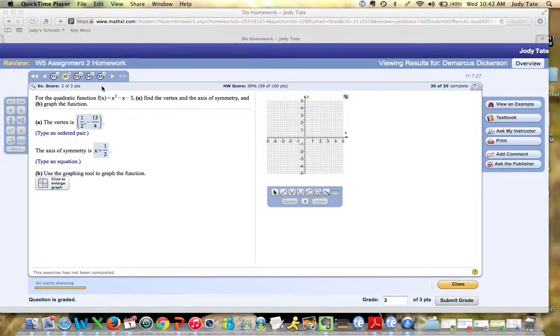With this function, if x is 0, we plug in 0 for every x, and we get f of 0 is equal to 0 squared minus 0 minus 3. So f of 0, our function at 0, is equal to negative 3. That means we have another point, (0, negative 3), on this parabola. So I am going to graph with my parabola tool on this rectangular coordinate system up above using the vertex that you see on the left there, (1/2, negative 13/4), and (0, negative 3), the second point I just found